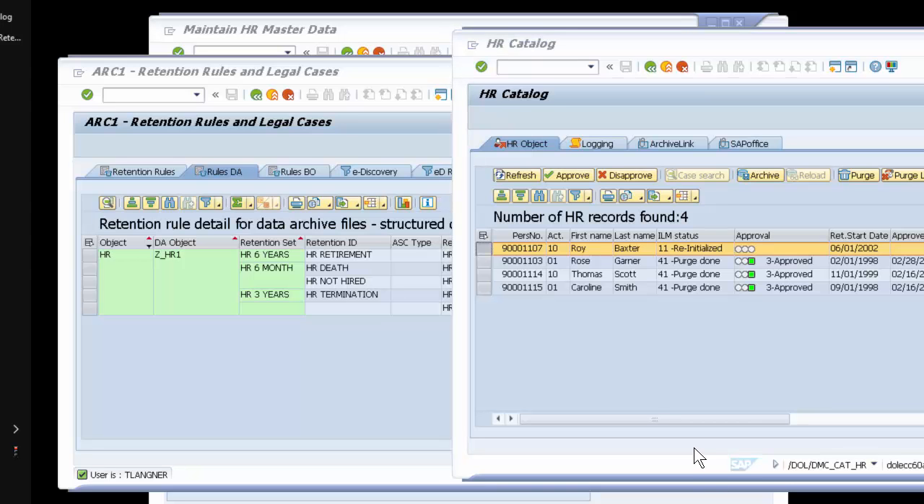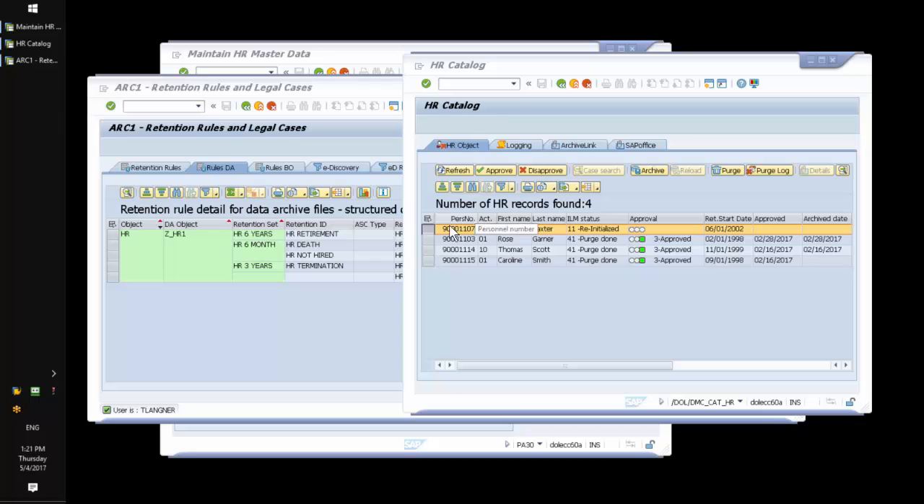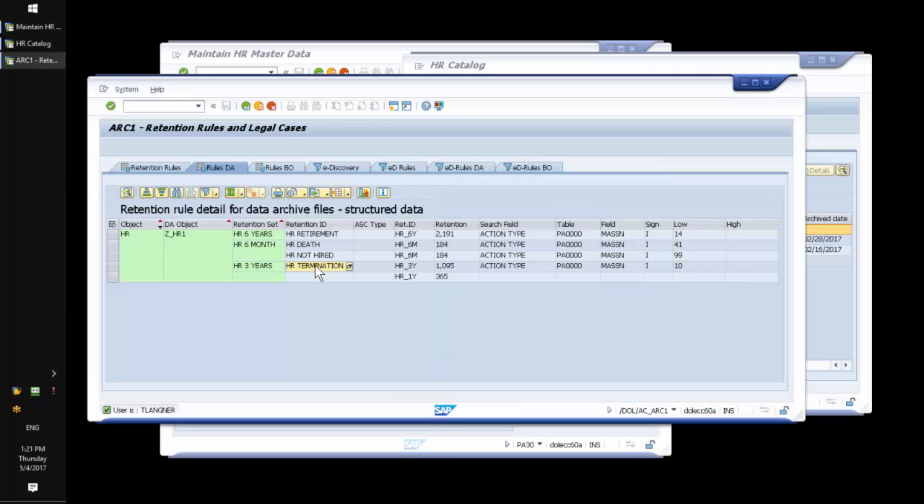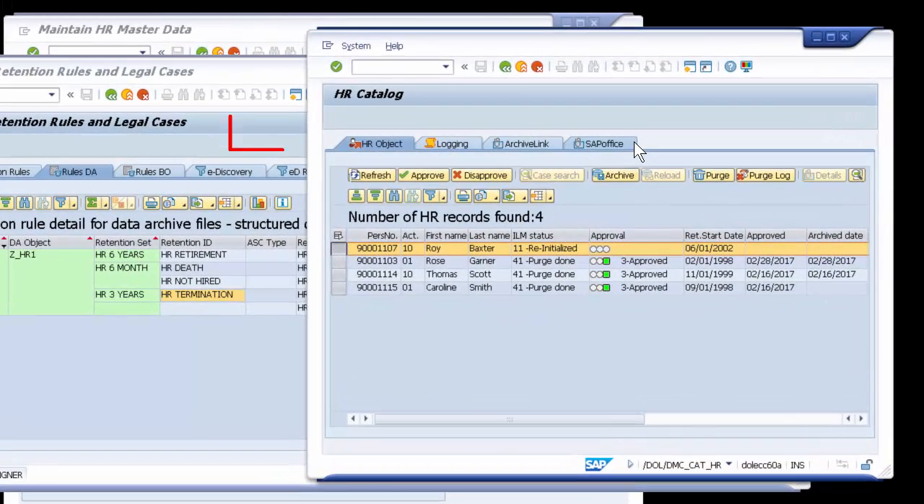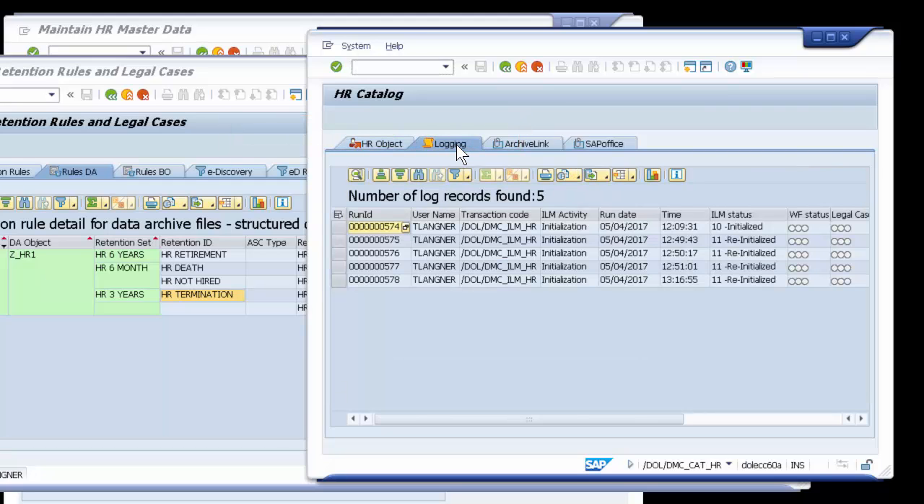Okay, so let's continue. What else do we know about this record? So we basically have learned that based on the rule of termination, which was relevant for the action type 10, we have a 3-year retention determined, but we also have these tabs in the catalog. Number one is we essentially see what kind of action was performed here. So we saw that we have an initialized originally, and then I was running a few times some reinitializations, but